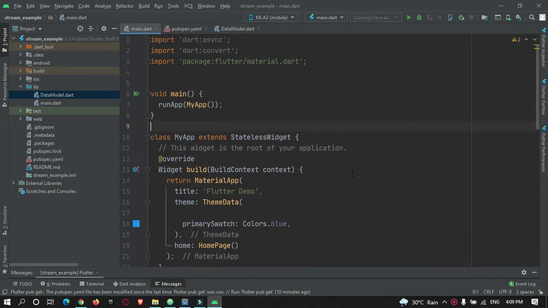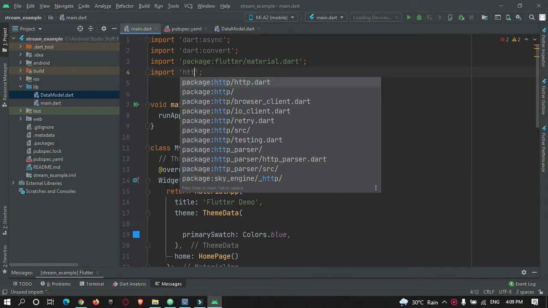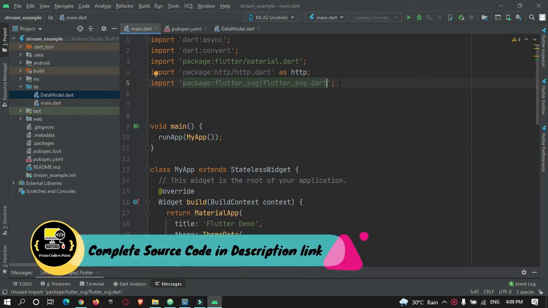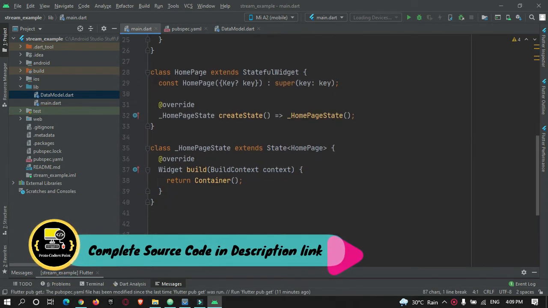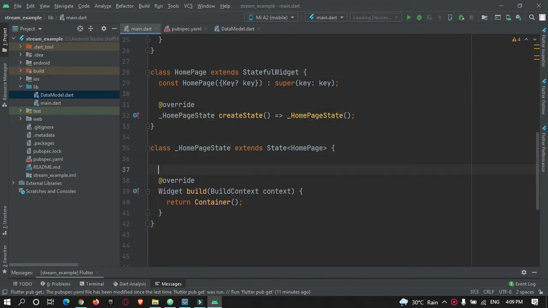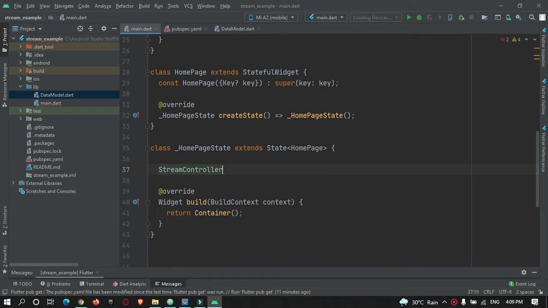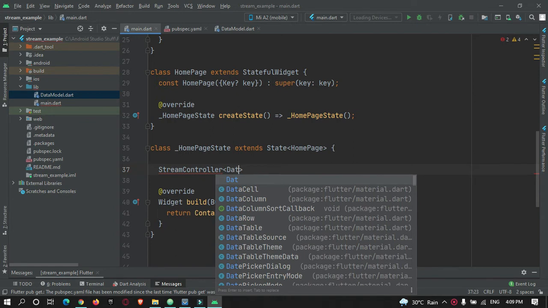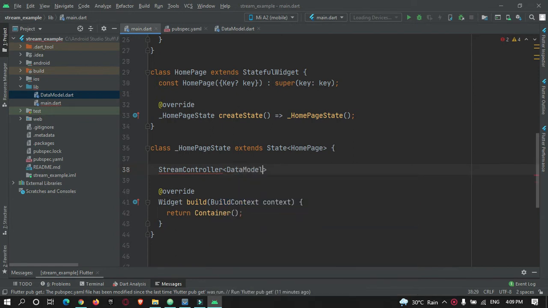So first of all, let's import the package that we need. Okay, so after importing this, just go to the home page over here. Let's create a stream controller, which will be of type data model, that accepts data model. Okay, let's give a name to this instance, stream controller.